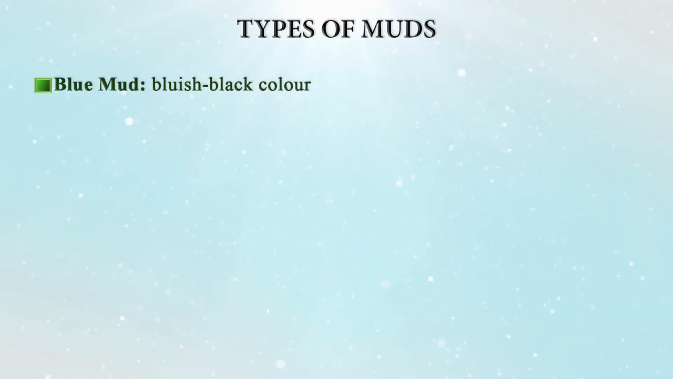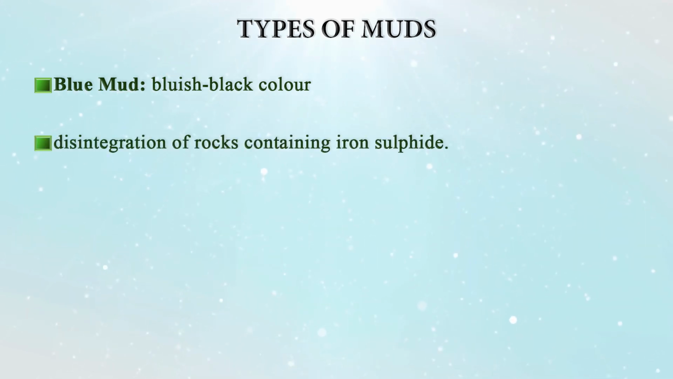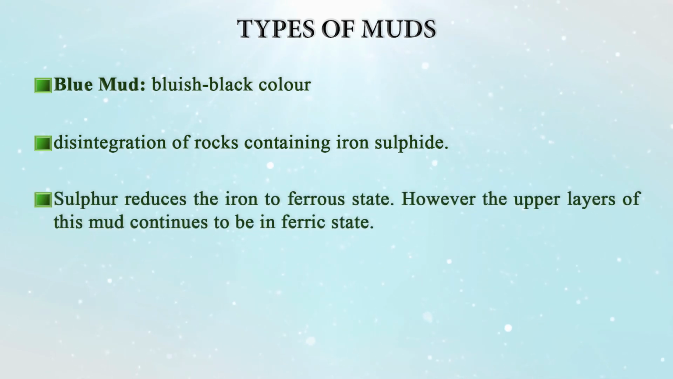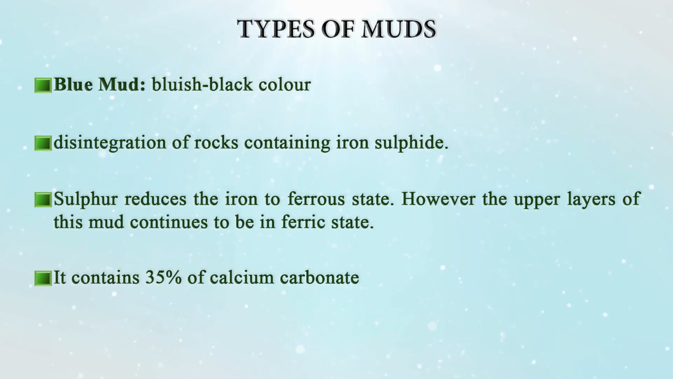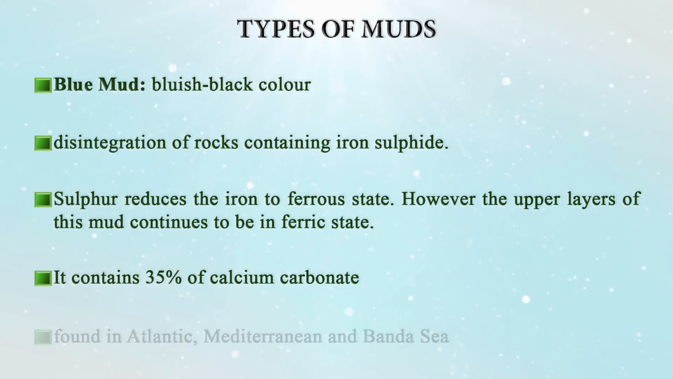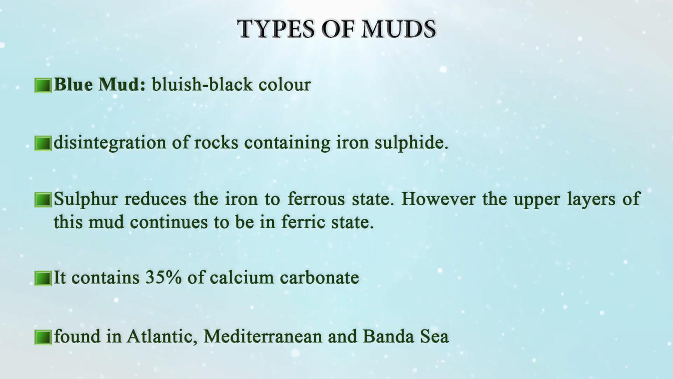Blue mud, as the name suggests, is bluish in color, actually bluish black, and these are disintegrated from rocks containing iron sulfide. Therefore the blue color is there, and sulfur reduces iron to the ferrous state. However, the upper layers of this mud continue to be in the ferric state. Blue muds contain about 35% of calcium carbonate, and they are found mostly in